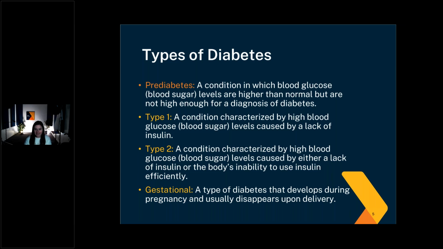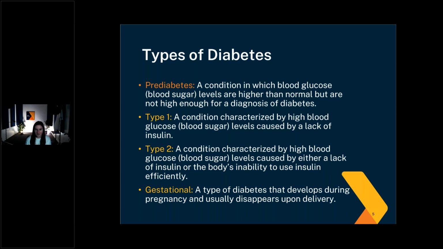Now, the two main types of diabetes that you're going to hear about are type 1 and type 2. You can read a little bit on the screen, but type 1 diabetes used to be known as childhood diabetes. The symptoms come very quickly, usually diagnosed in child and adolescent ages. This is essentially what I like to call insulin dependent, because what's happening here is the pancreas, for whatever reason, stops producing insulin.